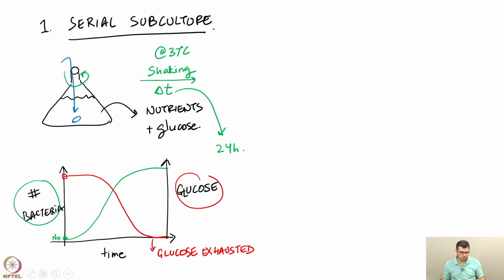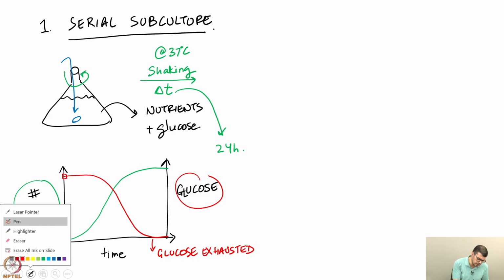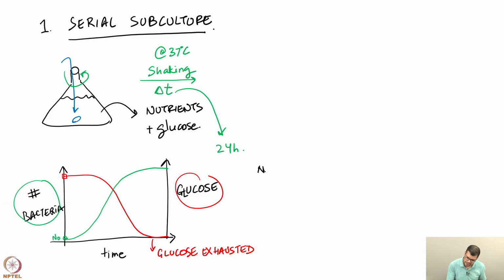So, when I come in the following morning after 24 hours of growth and see that initially the number of bacteria that I added was N naught, at the end of 24 hours the number of bacteria present is Nt. So, this growth facilitated an increase in the number of bacteria from N naught to Nt, and if I want to find out how many generations